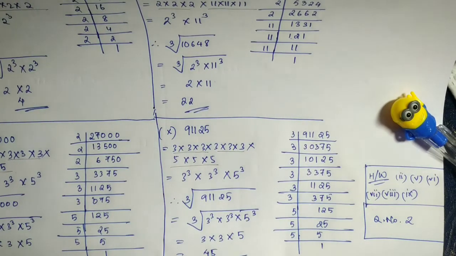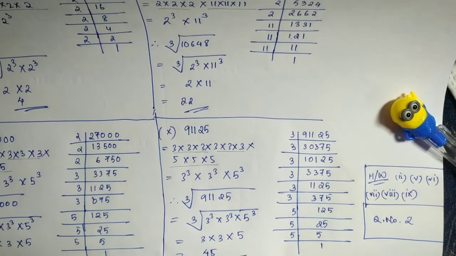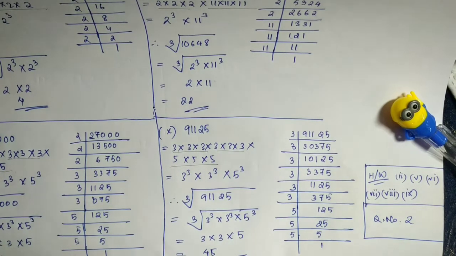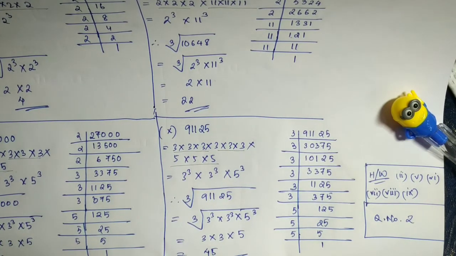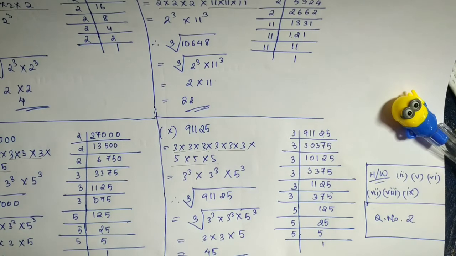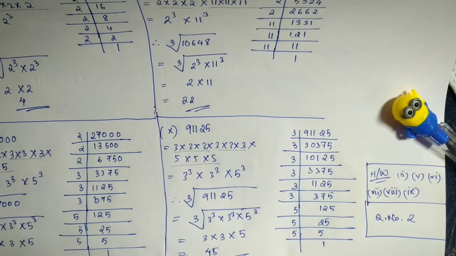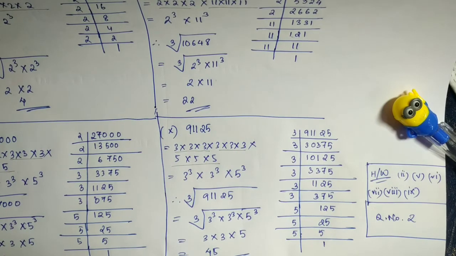But now you see there is a question number 3 in your exercise. It says you are told that 1331 is a perfect cube. Can you guess without factorization what is its cube root? Similarly, guess the cube roots of 4913, 12167 and 32768. Now these numbers you are asked to find a cube root without using the prime factorization method. The long division method is not given here for you. But a method of estimation is given in your textbook.